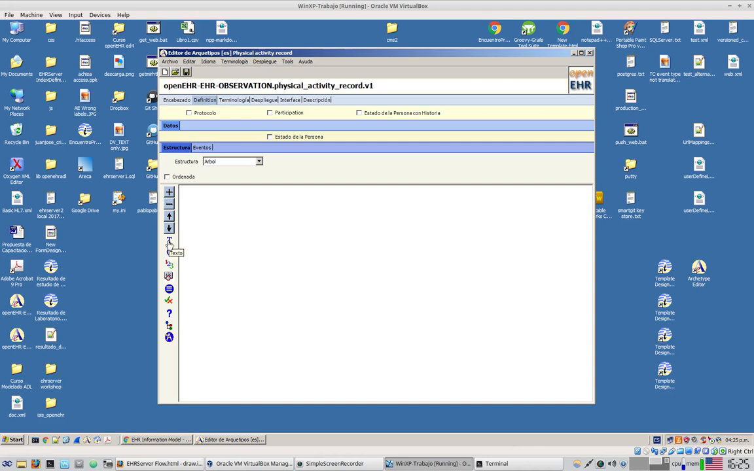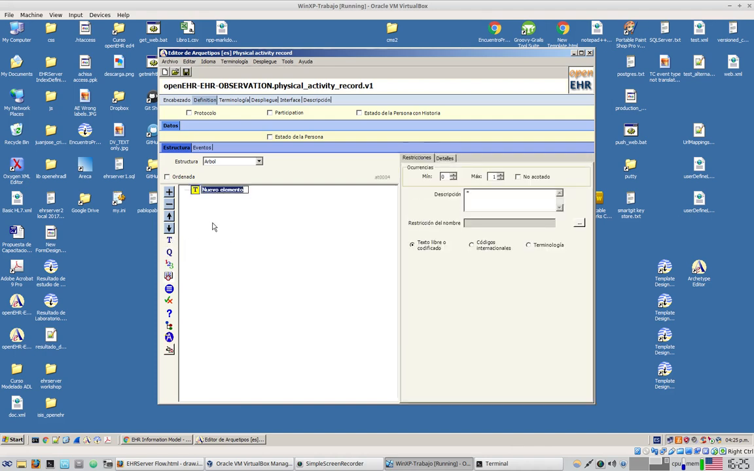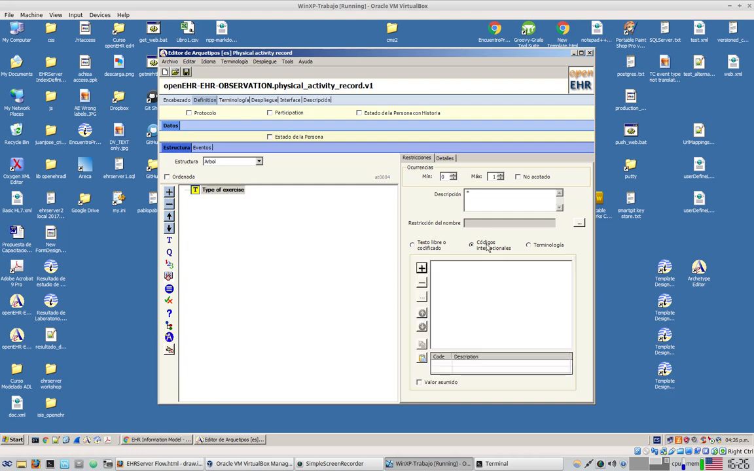For the type of exercise, I will select the text element here. I will put a name tab of exercise. And this will be a free text field if I leave it like this. But I want this to be a selector of fixed values, of code. These values will be coded. So I will select here the